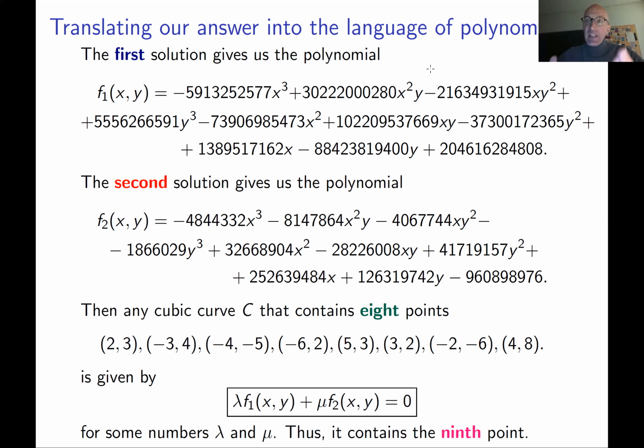Okay, this example shows you how to apply nice, good, important results, which you're going to learn this semester in this linear algebra part of the course, to prove some results in geometry. And basically, they show you that linear algebra is important, and its applications are everywhere in mathematics. So this is why you have to learn it, and learn it very well.